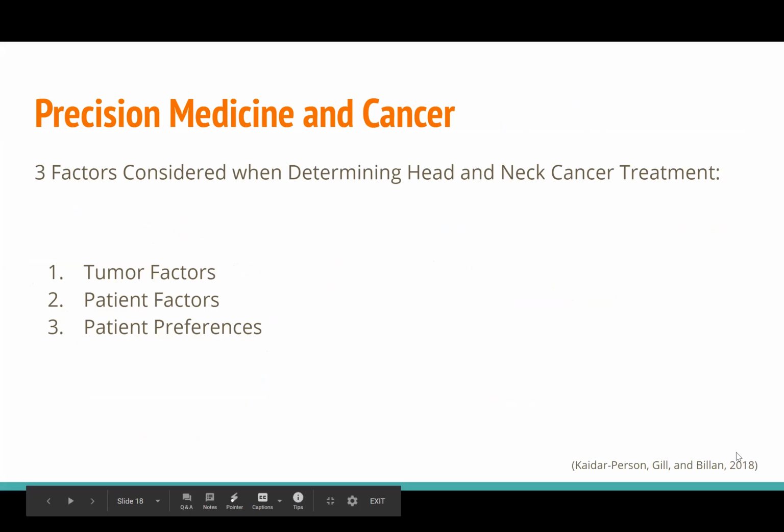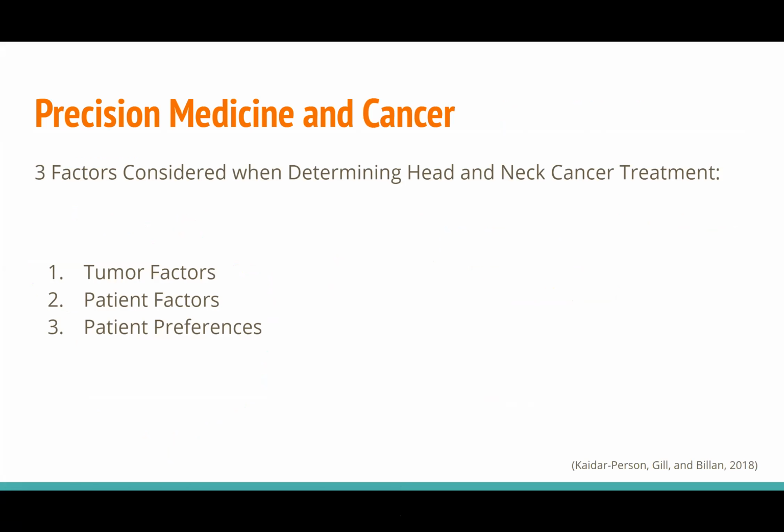A third field of precision medicine is using precision medicine to treat cancer. And so there are 3 factors considered when determining treatment for patients who have head and neck cancer. Those 3 factors are tumor factors, patient factors, and patient preferences. Tumor factors can be histological, which include the cancer type, the stage, and the depth of that cancer. They can also be molecular factors, which are the genetic basis of the disease and the underlying mutations that may